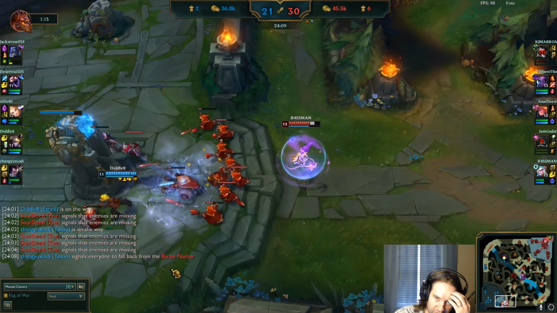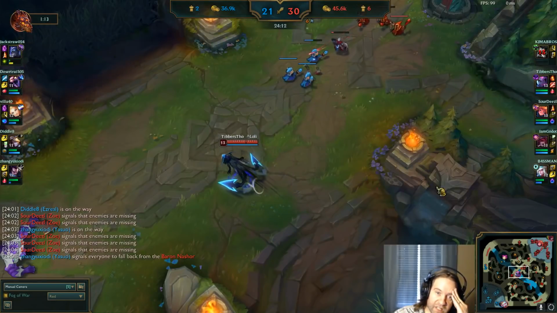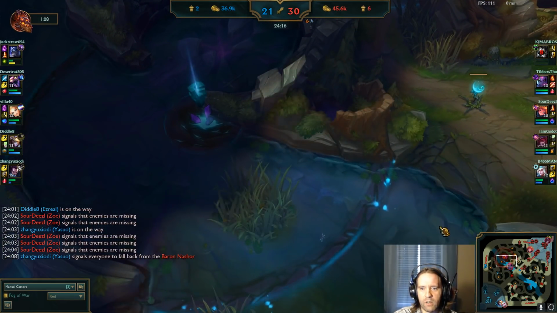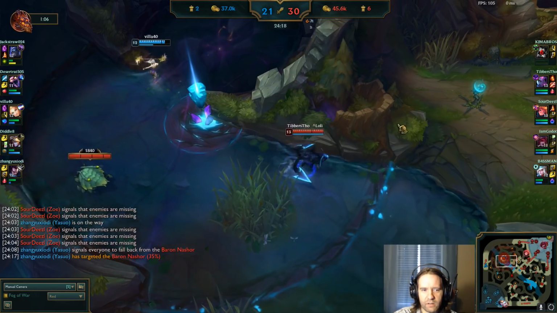Janna's just randomly pushing bottom. Yeah, I think that was a pretty big mistake. If you would have just gone over here and put the heart on them, it would scare them enough, probably, to where they would